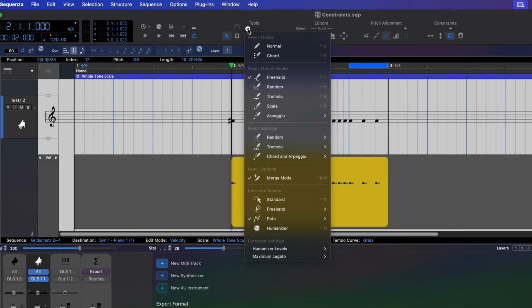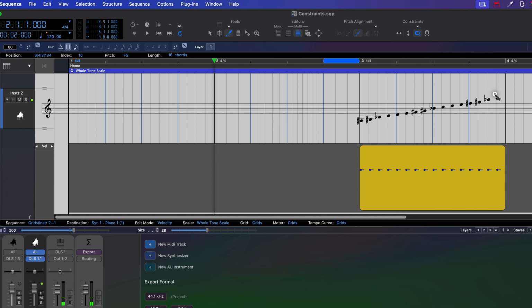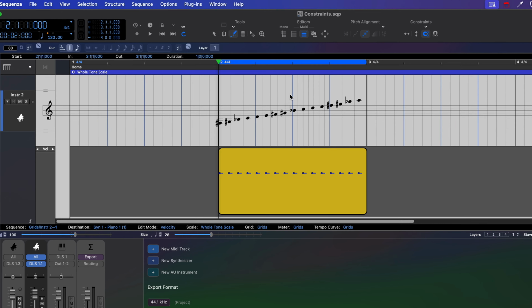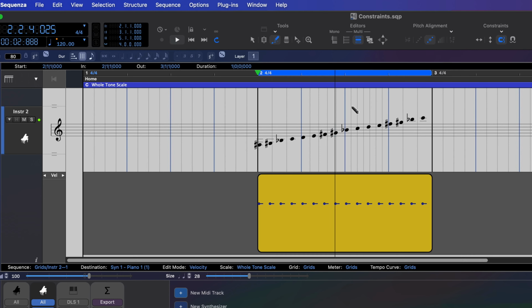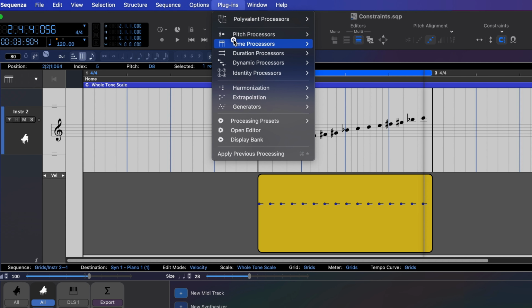In some cases, it may also be necessary to align existing notes to the grid. Here is an example with this whole tone scale in 16th notes that I am moving to the segment I just customized. There are 2 main ways to achieve this, both using a processor from the plugins menu. The most common is to align the notes using the grid magnetizer.